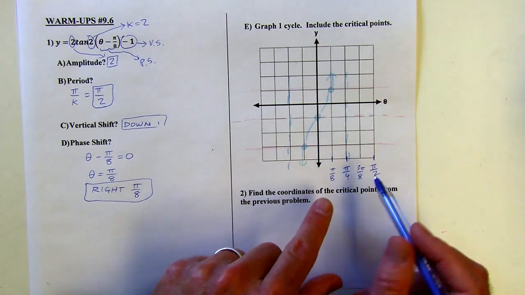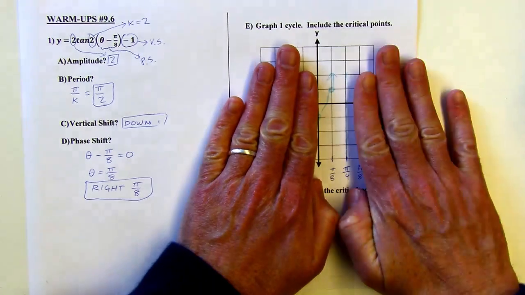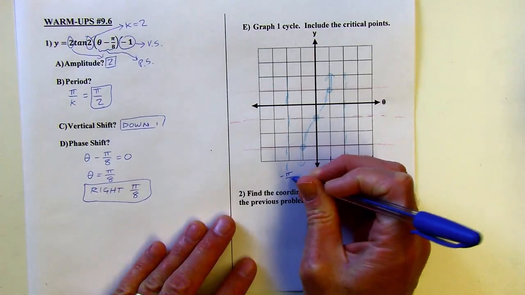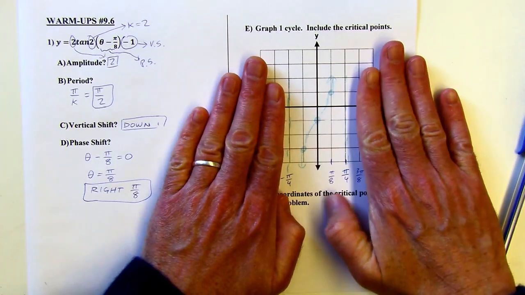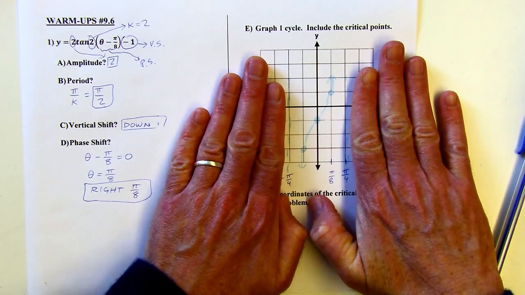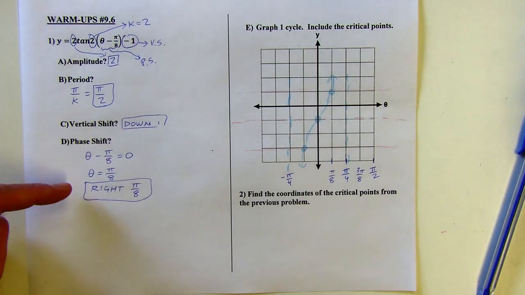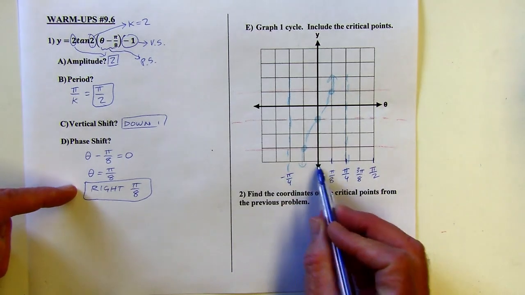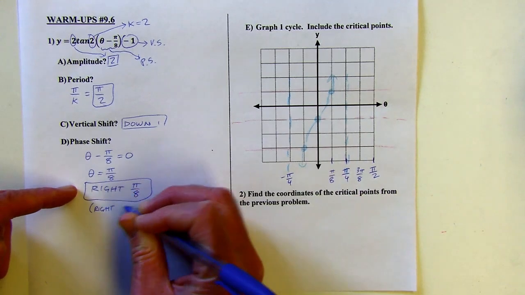But this makes sense now if you think about this, because this bit here takes up pi over 4, but then the left half of my graph is going to take up another pi over 4, right? So pi over 4 plus pi over 4 would be pi over 2, and pi over 2 is my period, okay? So now I'm looking at the phase shift. I'm going right pi over 8, and now I know that pi over 8 is 1 tick. So this is going right 1 tick on my graph,